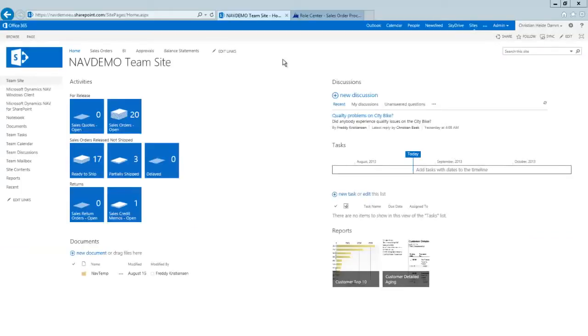Let's start by understanding the scenarios and the experiences we want to create. Many companies use SharePoint as the central place where employees go in order to find and enter information. In a way, SharePoint is the internal portal of the company. As a result of this, it is also attractive to integrate Dynamics NAV into SharePoint. With the new features of NAV 2013 R2 that I will demonstrate in this video, it is possible to show, for example, charts inside SharePoint, where the charts are actually generated by Dynamics NAV and show live data from NAV. Let me give you an example.